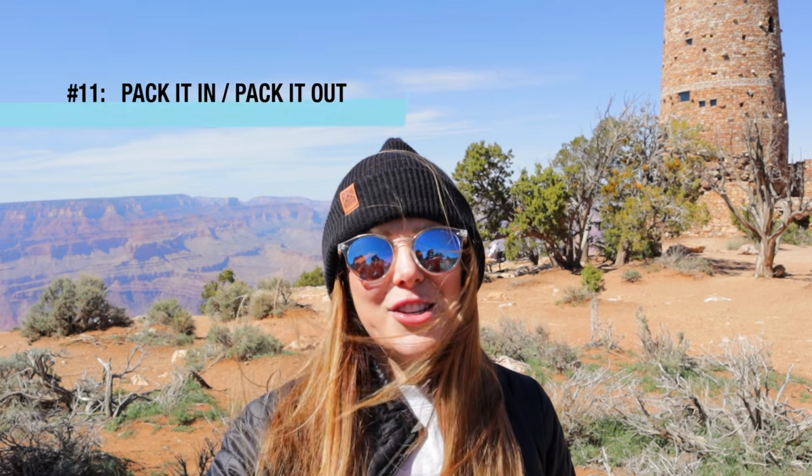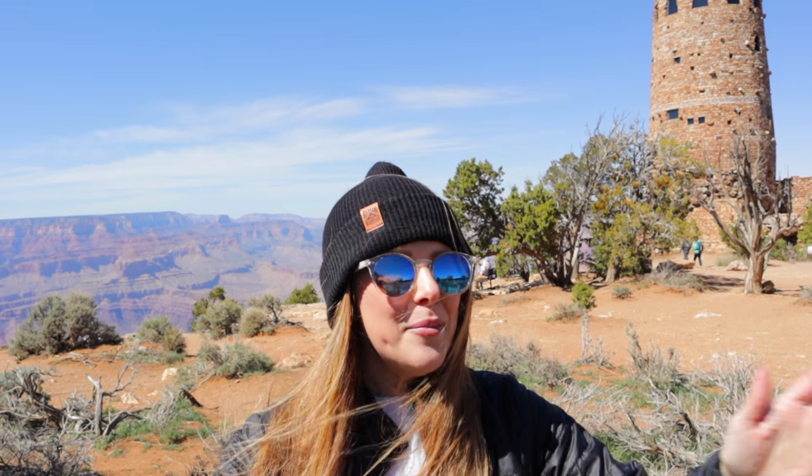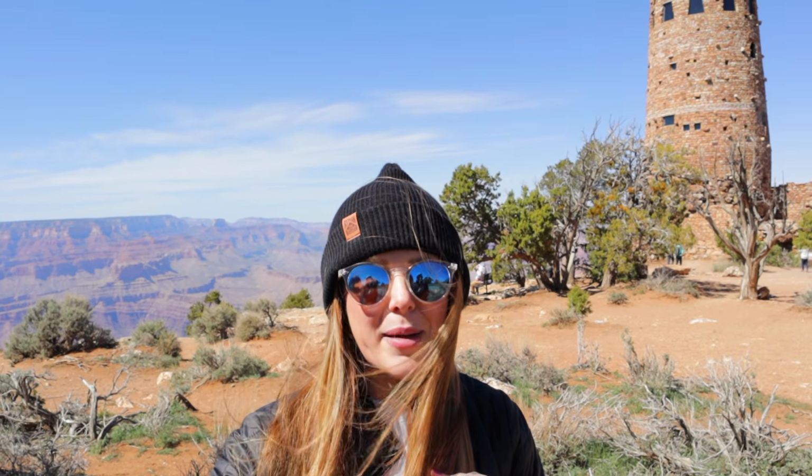The next tip that they suggest is don't take anything away from the park, and definitely don't leave anything that you brought into the park. The general rule when you're on any trail is pack it in and pack it out. So if you bring something into the park, especially trash, you need to make sure that it's coming back out with you. And definitely leave anything that you see here, rocks, plants, animals, leave it here for other people to